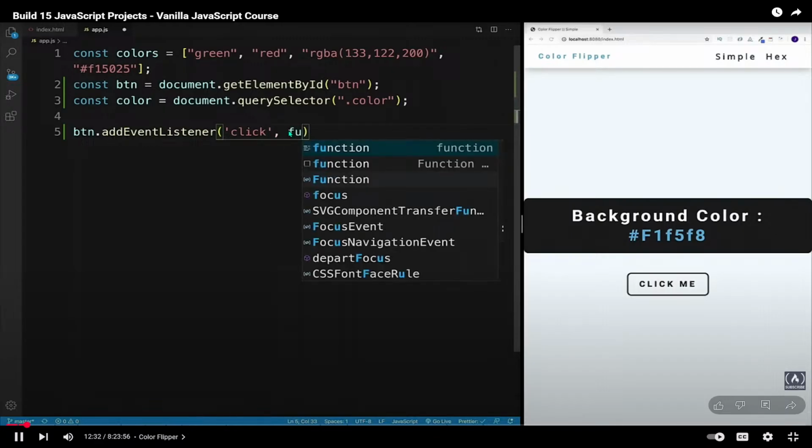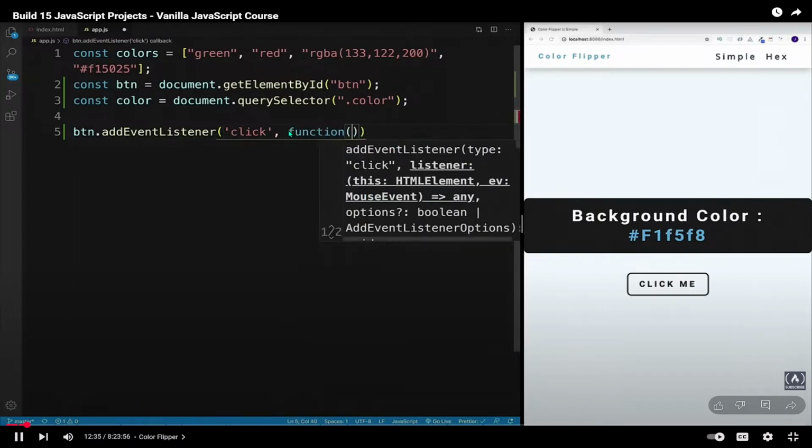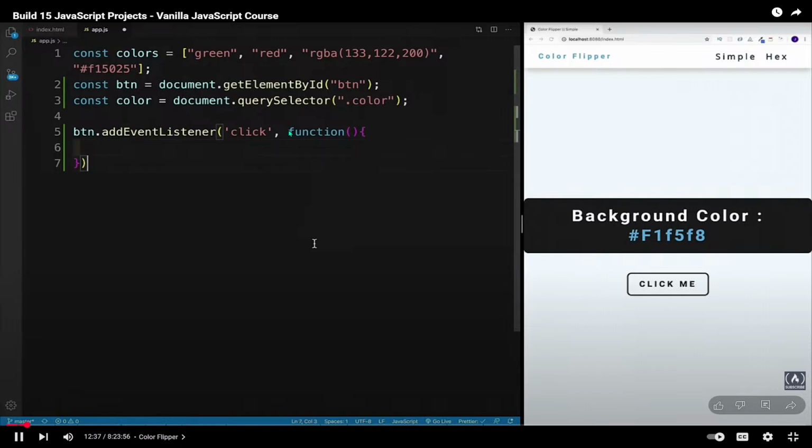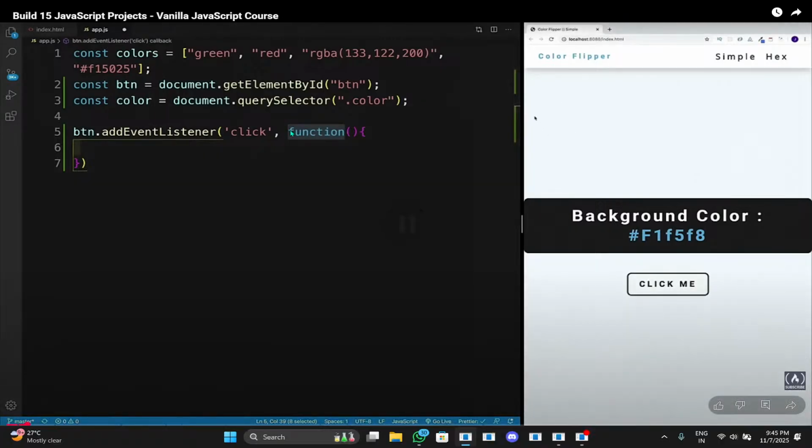And then of course in here, I'll pass in my callback function, which in my case is just gonna be an anonymous function. And then within the function body, this is where I would want to set up my logic. So each and every time I'm gonna click on a button, I'll change the